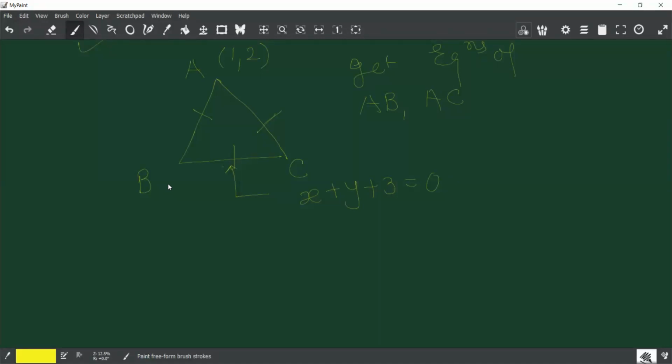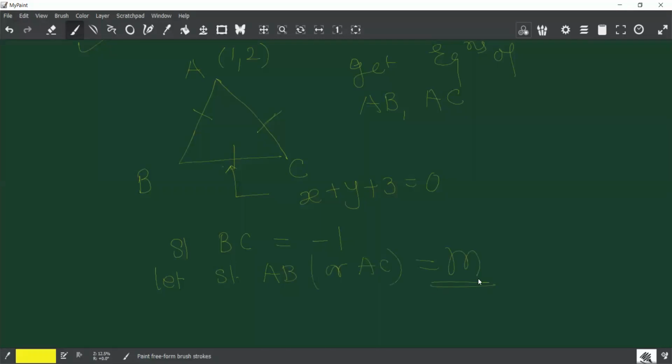Somebody got it right. Rutuja, very good. Did you find the slope of BC? It's minus 1. And you will say the slope of AB or AC, you take it as m because you will be getting two values of m.